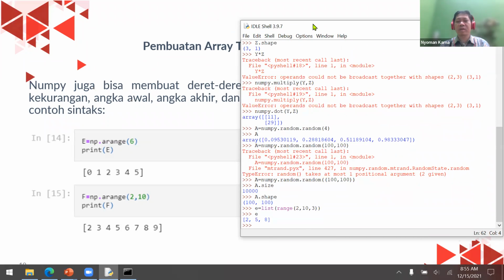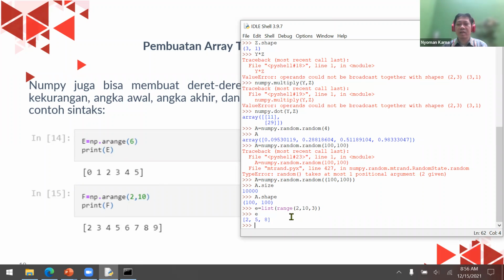And then it will be 2, 5, 8. Starting from 2, this is the starting value, and this is the stepping value. So 2, and then plus 3, 5, plus 3, 8, plus 3, 11. Oh, sorry, 11 is more than the stopping value, so it will stop at 8.